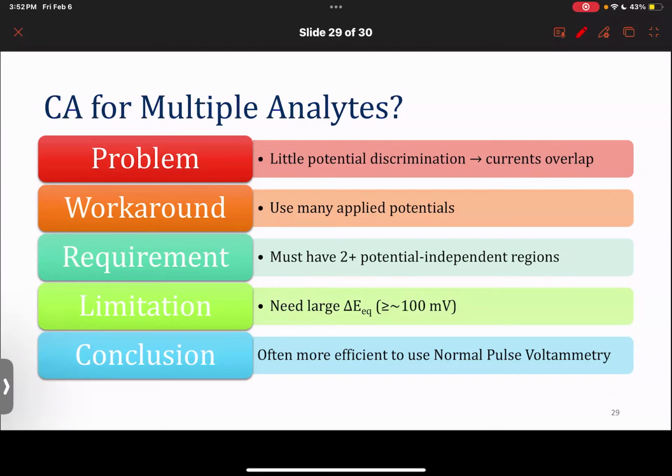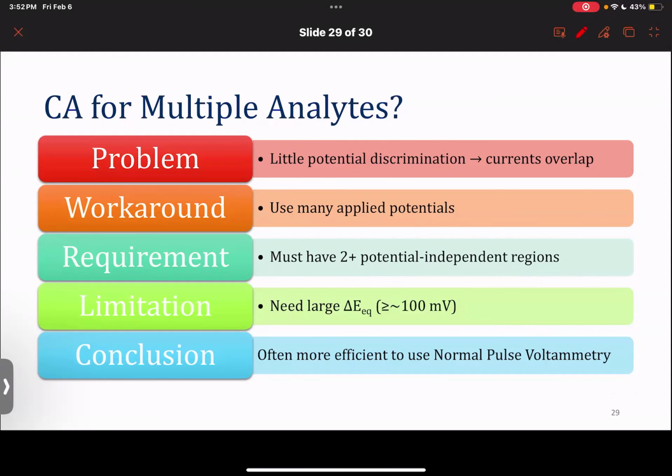And as you saw on the previous slide, I didn't quite have 2 potential independent regions. The limitation is that you need a large difference in the equilibrium potentials to use this technique, typically around 100 millivolts or more spacing between the 2 reactions. If you're going to do this, it's often more efficient to use normal pulse voltammetry, which will be covered in some later lessons. So chronoamperometry isn't the best for doing multiple analytes, but there is a way to do it,